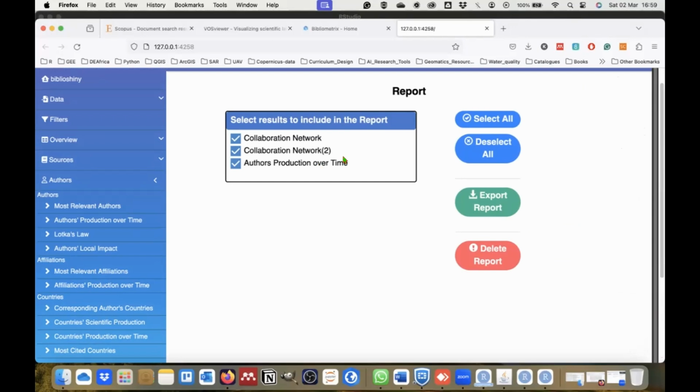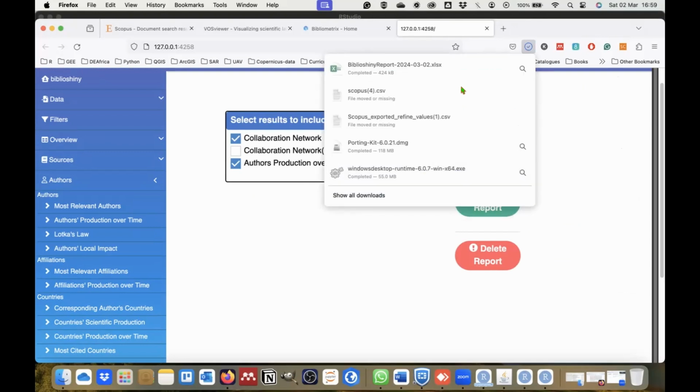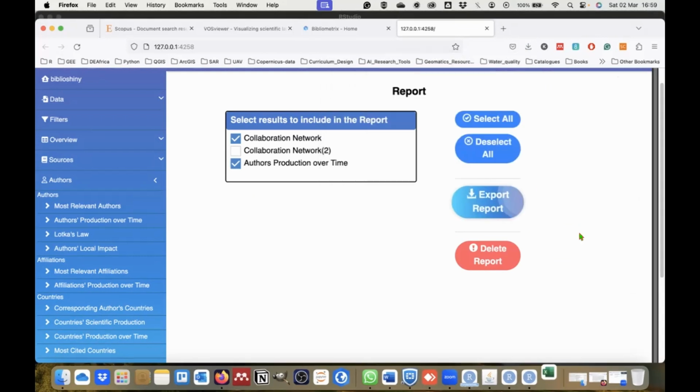You can just export it. You can even select the final ones that you want, and then export the report. It will export as an XLS file. If I try to open it,